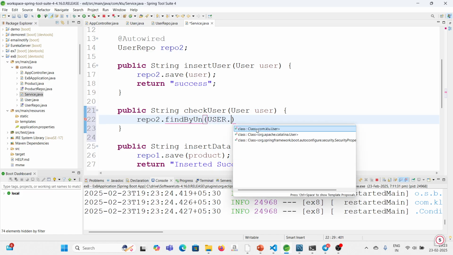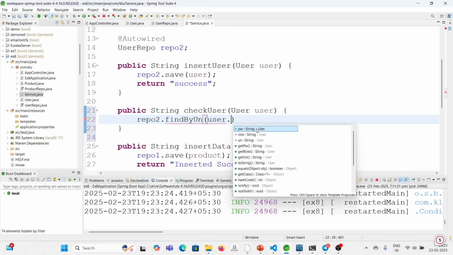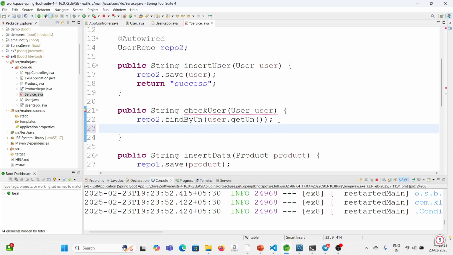So user dot get, object user. Object user dot get UN. This will send the username, and whatever is returned from there. Now you want to check the password. I just want to return, but first I will check if